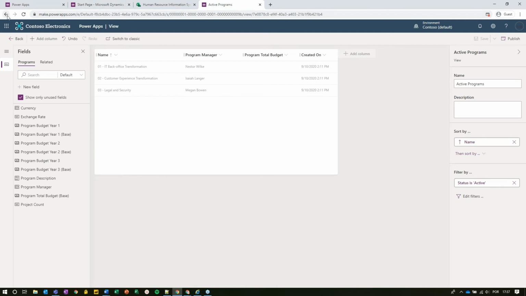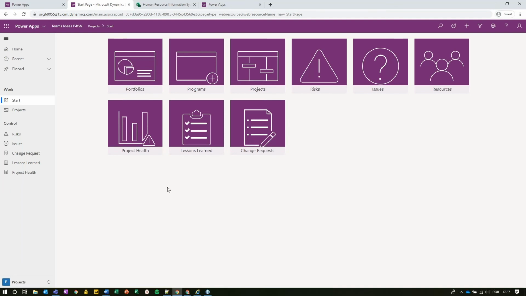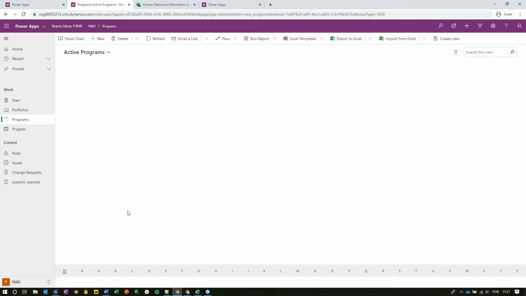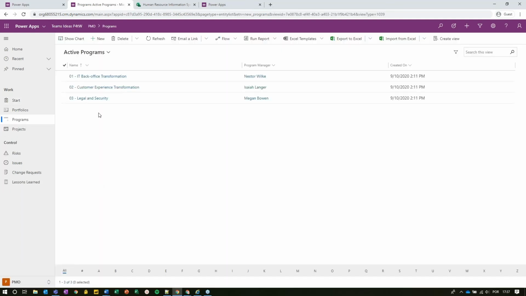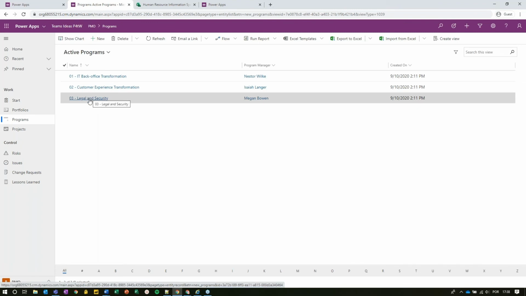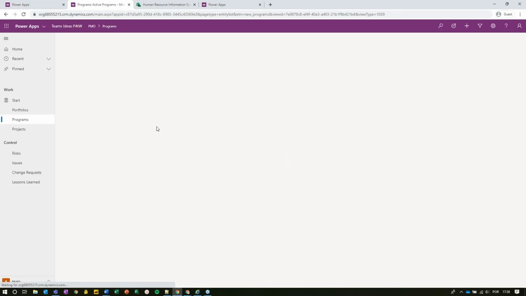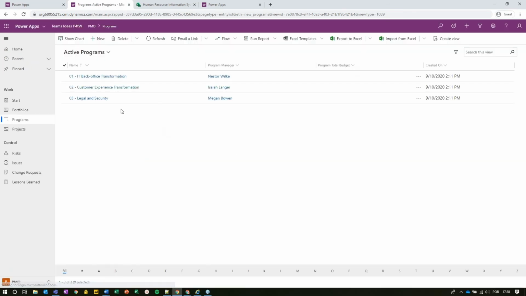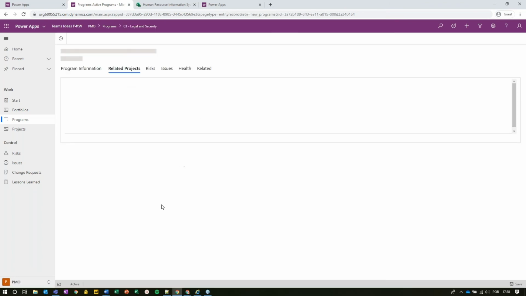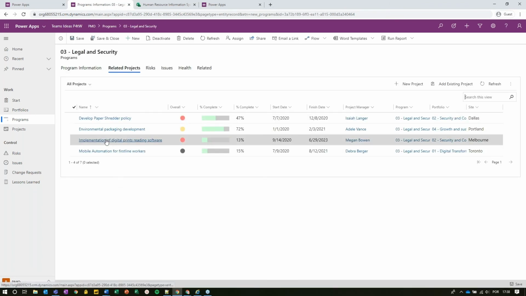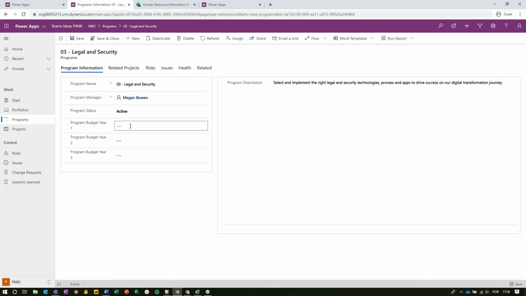Okay, back here. Just going back to the other tab and accessing the program type programs, and let's have the same one. Oops, let's refresh here. Don't see the change. Oh, now I see it. All right, let's go to legal and security. Just add simple budget information here. Sorry,